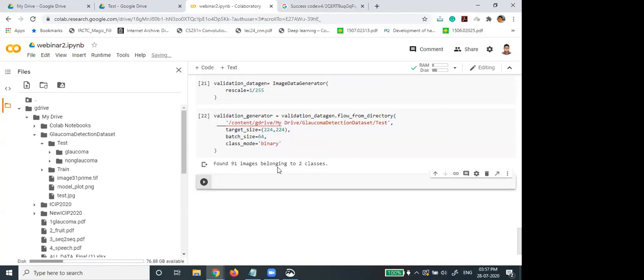Now we will train. So here again I am defining the batch size equal to 64.